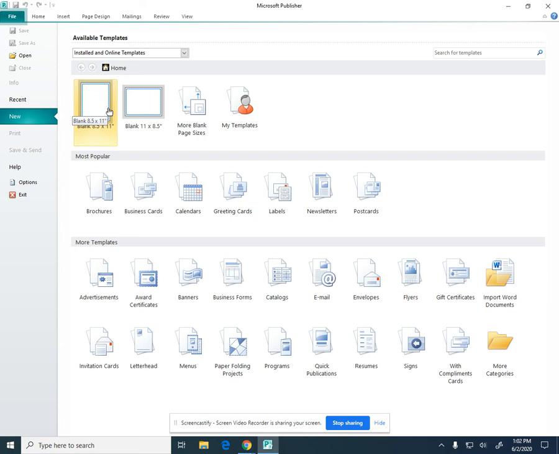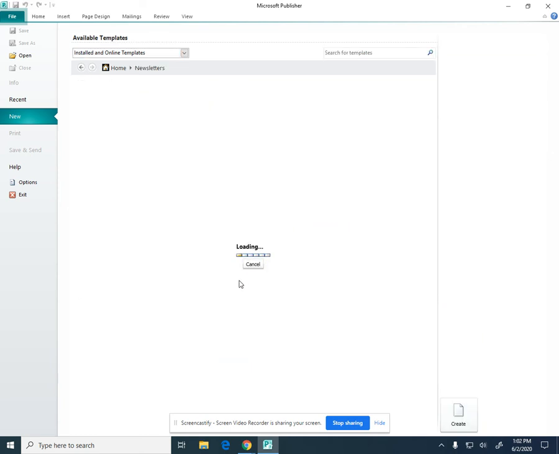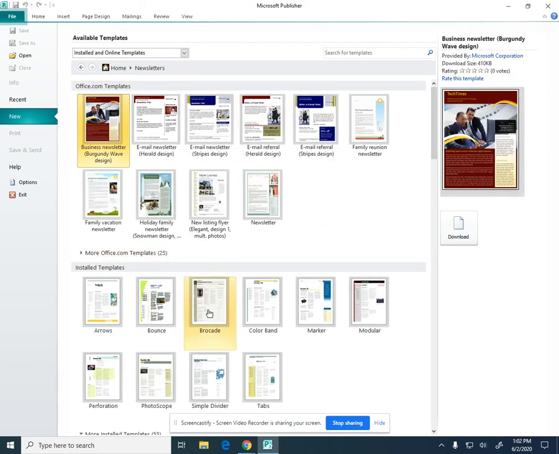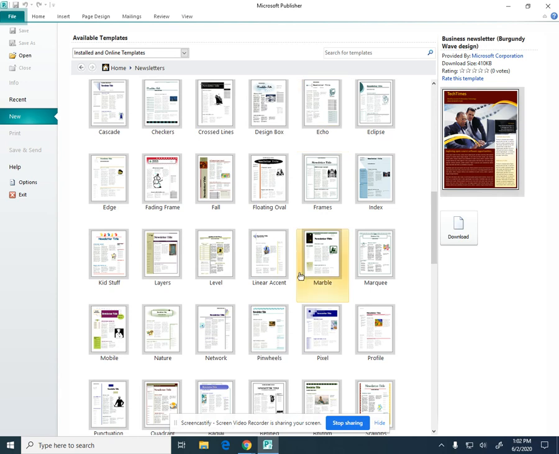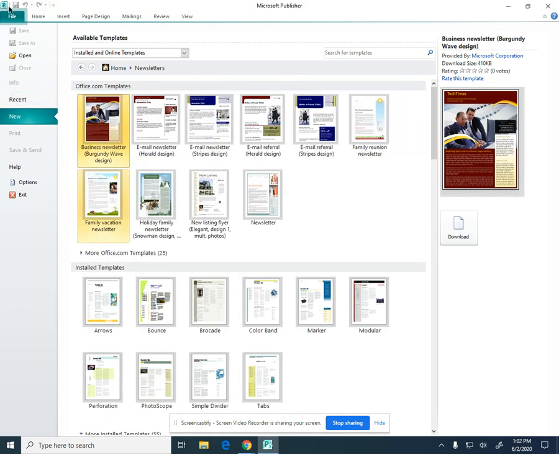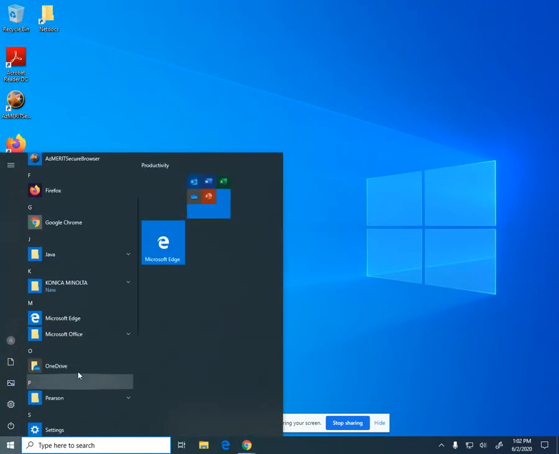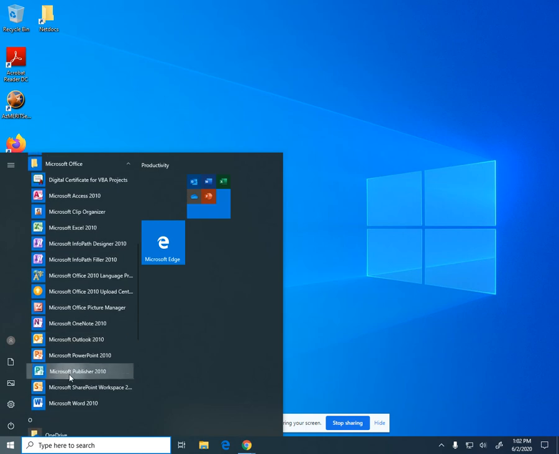And there are also a couple other elements that you can use for the other aspects of the Microsoft program. But in here, you can make any type of brochure. You can make newsletters. So if I click on a newsletter template, it can let me pick a pre-made one, or I can just choose a blank template that I can go ahead and do my own if I prefer. Publisher lets you work in any place,